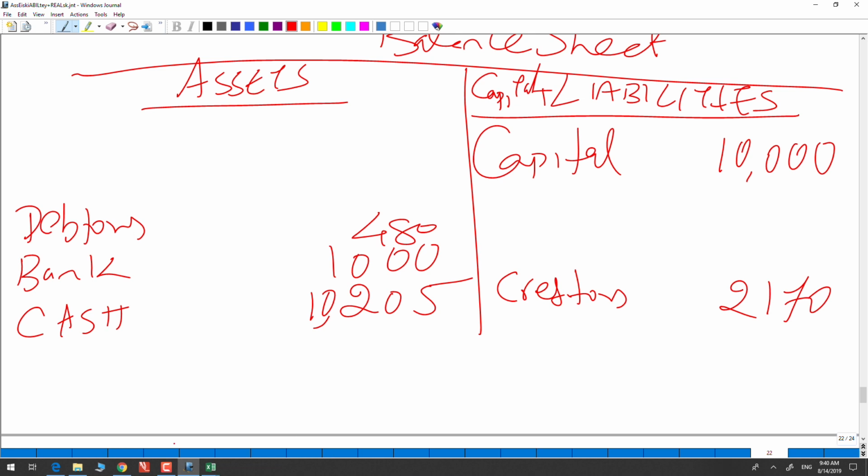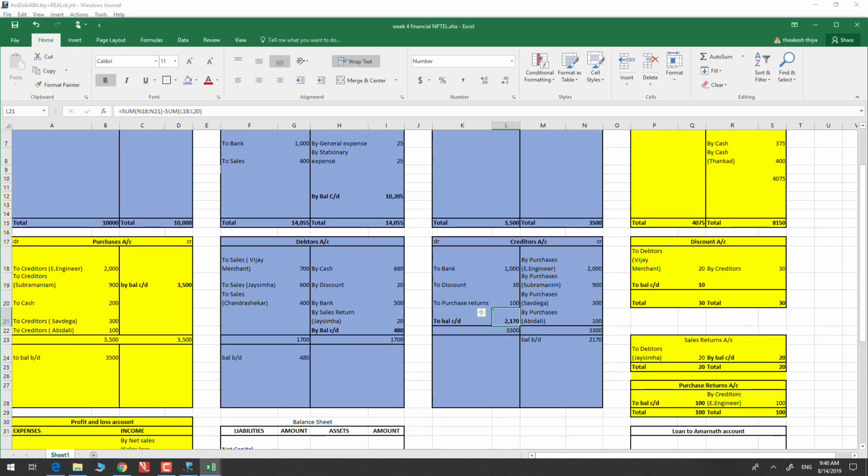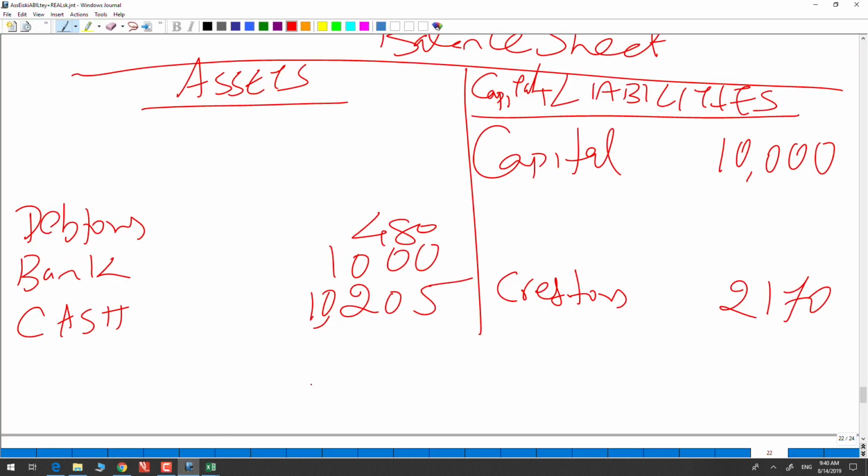Next, I just go back here. This part is done, this part is done, this part is done. Then there is what is called a loan account out here. Loan: when you have provided a loan, it is an asset for you. So, I will go back to my balance sheet and then enter